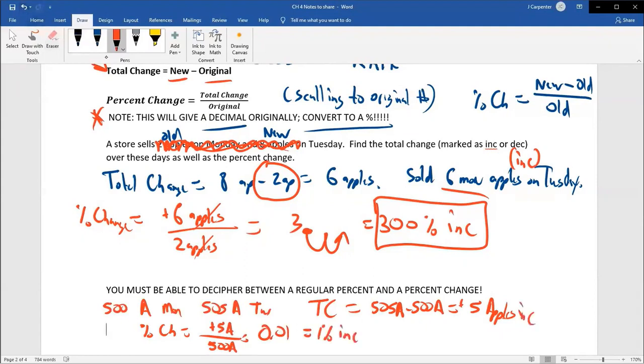So your corner store that went from 2 to 8, why did I say the same change? I was supposed to do 506. Oh well, you get the idea. It was just one off. Oh boy. Close enough. 506. So an increase of 6 apples, and then we do 6 divided by 500, and that's close enough. So 6 divided by 500 is 0.012, so it's a 1.2% increase.